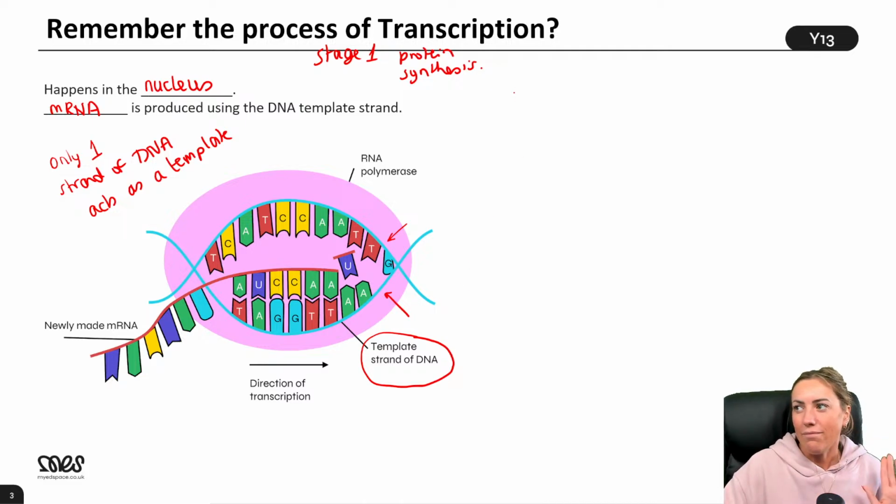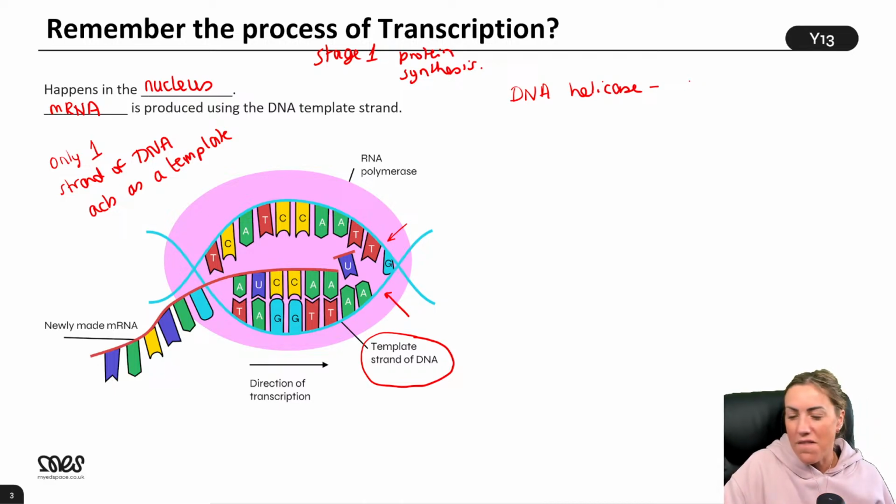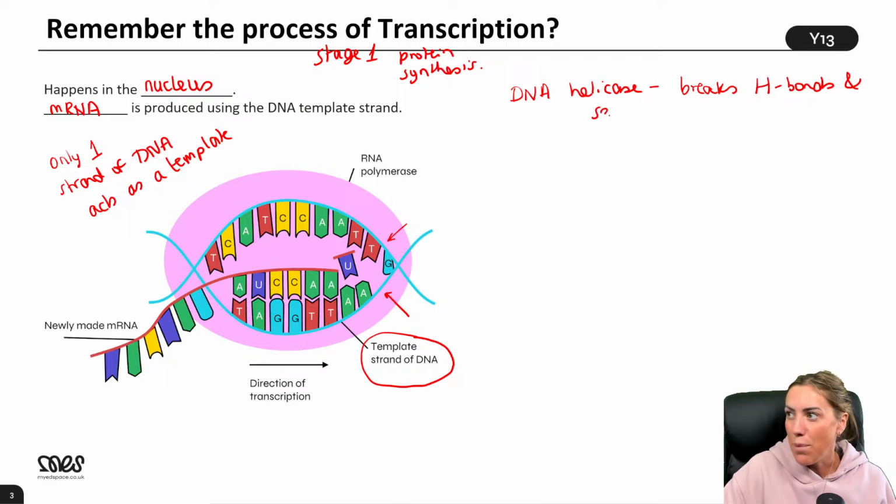So, okay, we can name DNA helicase to start with. Quite often on mark schemes, they don't give you credit for this enzyme, but we can name it if you want to go back that far. DNA helicase, what's the job of DNA helicase? The same as what it does in DNA replication. What is the job of that enzyme? Because it's the same job here, right? And then we'll get on to our second enzyme. Thanks. So between you, you've given me both of those answers there. So we've said DNA helicase breaks hydrogen bonds and separates the two strands of DNA.